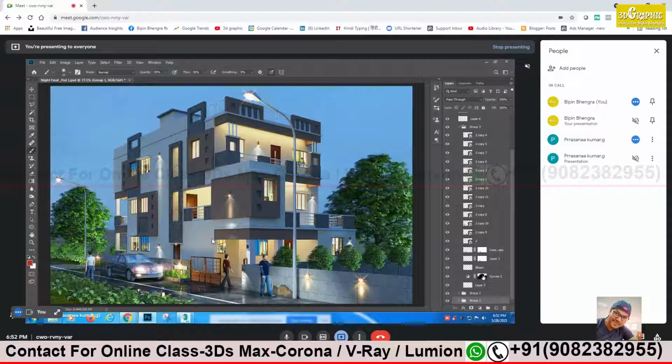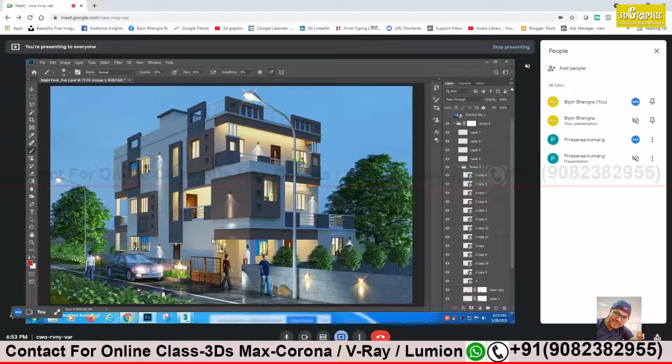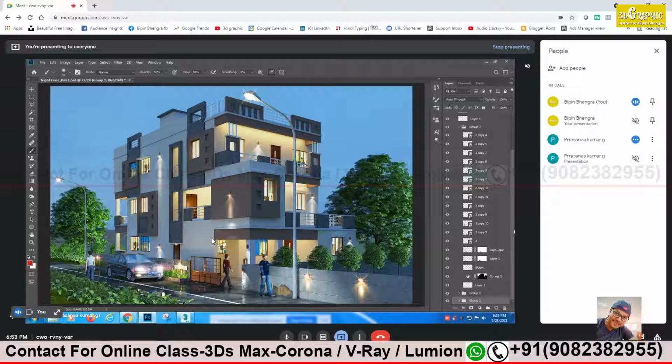Now do what I'm saying. Press control and click and drag the mask there. Okay, wait, because you're not able to see the top layer. You have to see the top layer to copy this. Otherwise it will be difficult. Or do one thing: just press control and click on the curve, on the mask. Yes, this is selected.